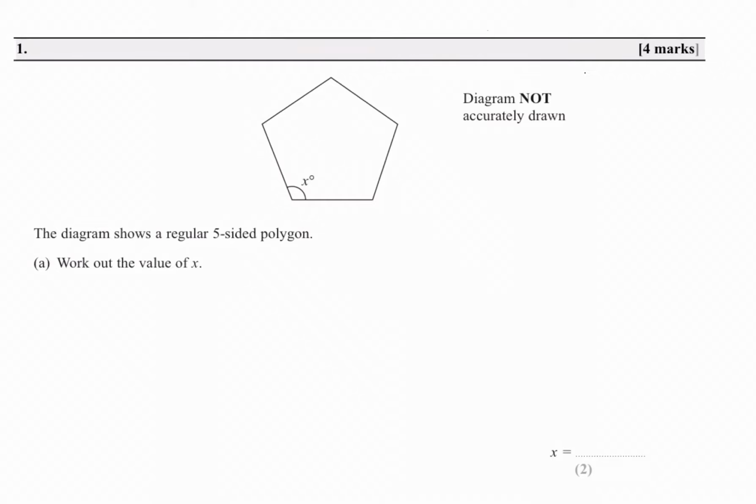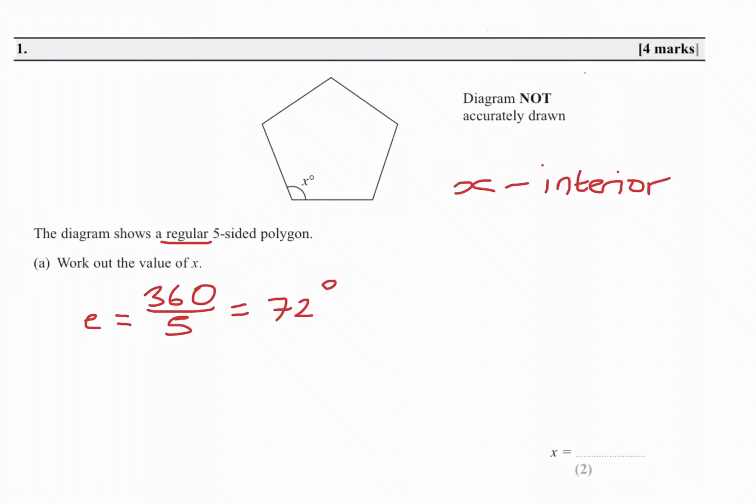So to start with, we've got a regular 5-sided polygon. We want to work out the value of x. First thing you need to spot is that x is the interior angle. Because it's regular, it's actually easier to find the exterior first. So you may do 360 divided by the number of sides, which is 5. You would then get that that is equal to 72 degrees. So the exterior angle is 72 degrees, and then the interior angle would be 180 minus the 72, which would